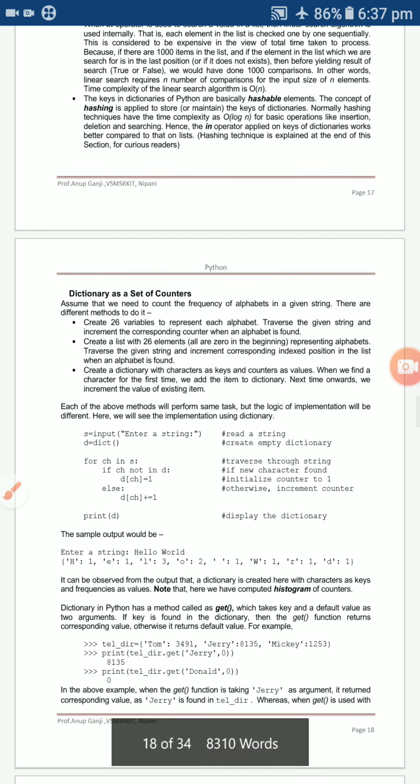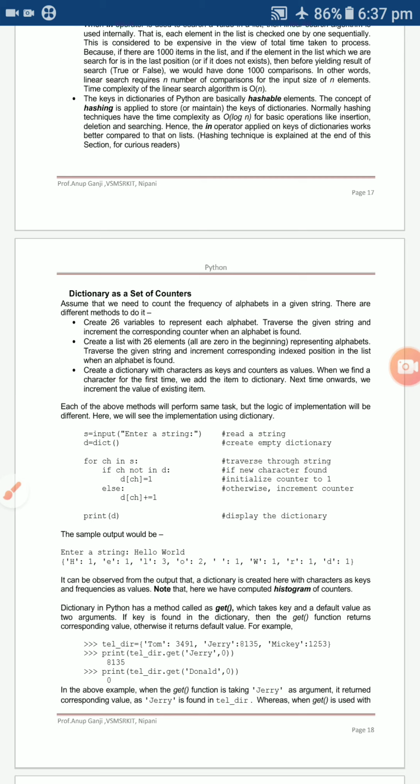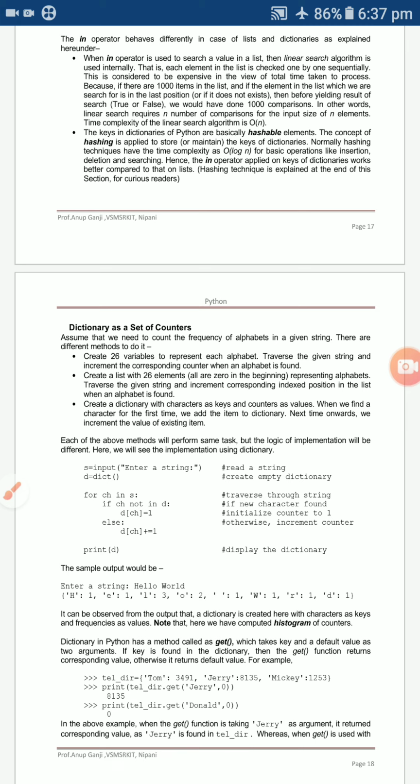It uses basic operations like insertion, deletion, as well as searching. Hence the in operator on keys in dictionaries works better than on a list. In the list we use the linear search algorithm, so it checks one by one and then gives the output. But with hashing, we directly get the proper output.